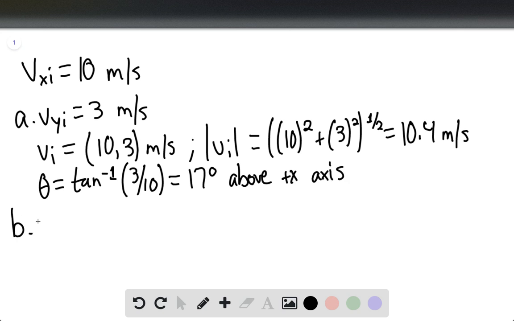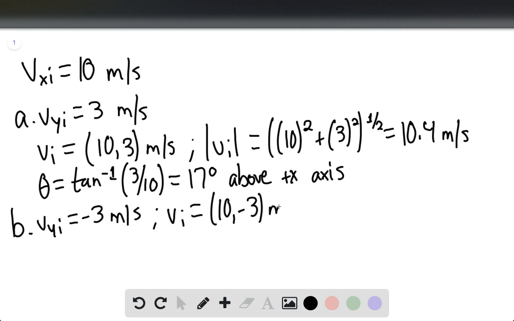And then B, we have Vy initial equals negative 3 meters per second, because here the helicopter is traveling down. So again, V initial equals 10, negative 3 meters per second. But again, when we want to find the magnitude, it's simply the same exact magnitude of 10.4 meters per second. And this is only because the absolute value of the x and y components are equal to each other